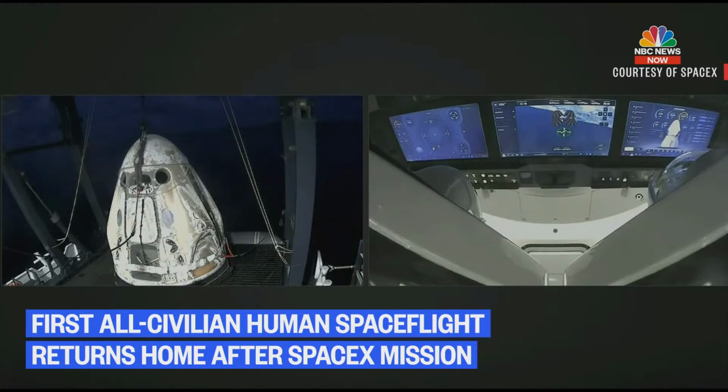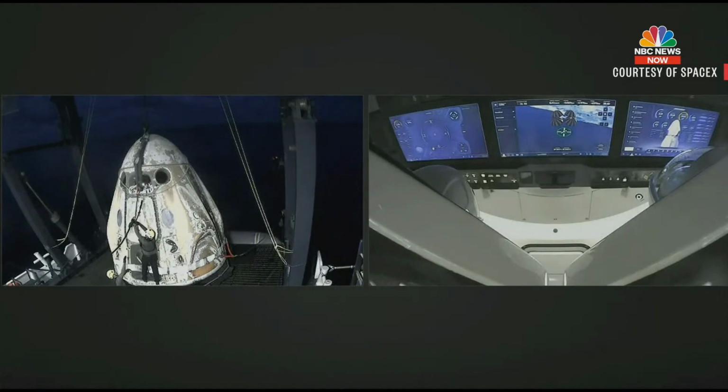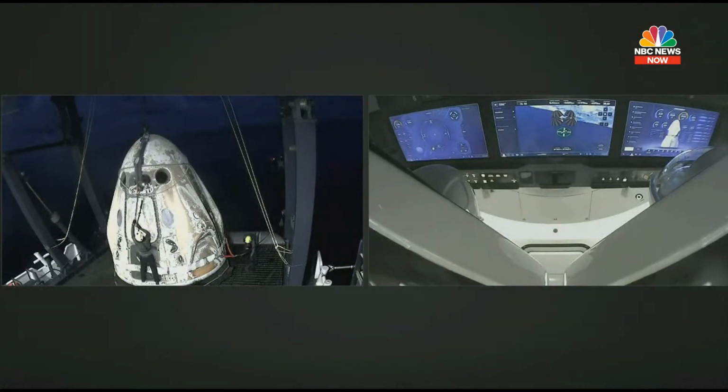And what you heard was some comms, just letting the crew know that they will be translating the Dragon on the nest and reorienting it into a position on Ghost Searcher so that it is in a good, stable position for them to open the hatch. So while Dragon's top hatch houses the cupola, the astronauts will